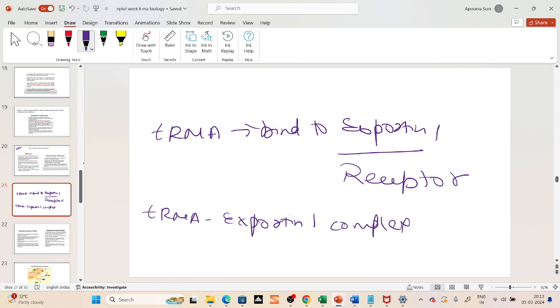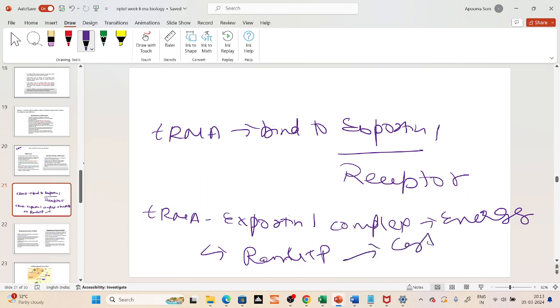Now this complex has to go out of the nucleus, so obviously it needs some energy. It combined with RAN GTP. Now this RAN GTP kind of holds the hand of the tRNA exportin 1 complex and takes it to the